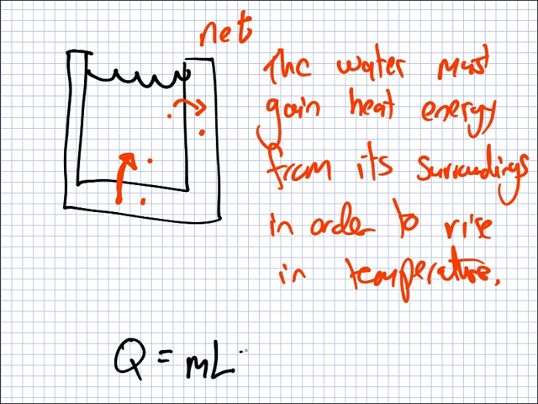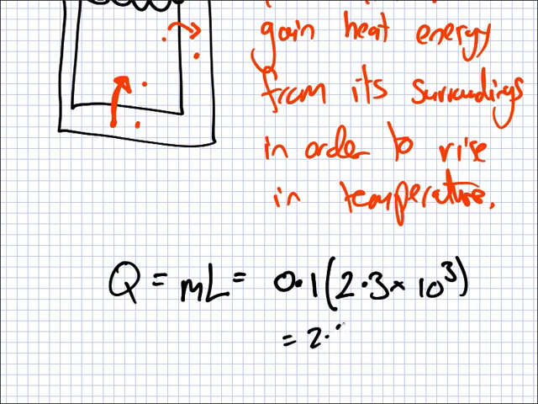It's mL, just that. And the m is 0.1? And I'm sure they give you the L. What's the L in the question? 2.3 times 10 to the power 3. Now just be careful. You're saying 10 to the 3 because there's a kilo or because they say it? Joules per gram. Good. But did they give the 10 to the power of 3? Yes. And there's no kilo anywhere in their units, is there? No. Okay, so we're good. Alright, so the answer is 2.3 times 10 squared, which is 230.